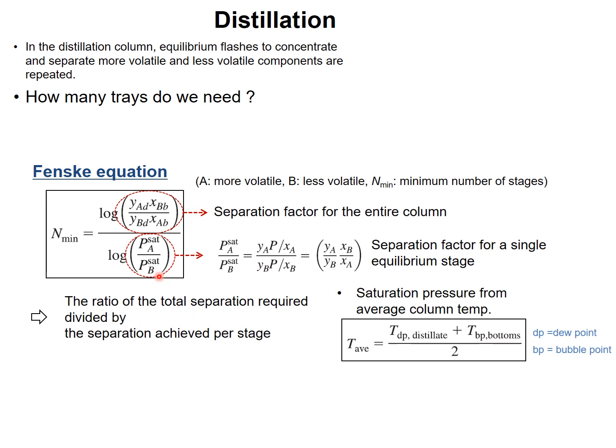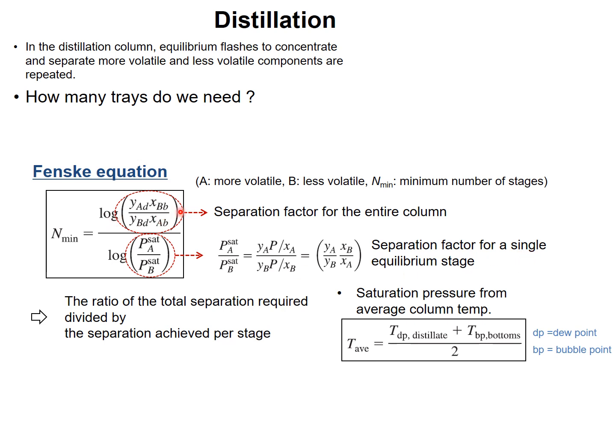Let me try to explain the meaning of this one. For the ratio of the saturation pressure here, A to B, by using Raoult's law, this pressure ratio becomes the mole fraction ratio. Actually, this is the separation factor for a single equilibrium stage. So again, for the denominator, the value is the separation factor for a single equilibrium stage,